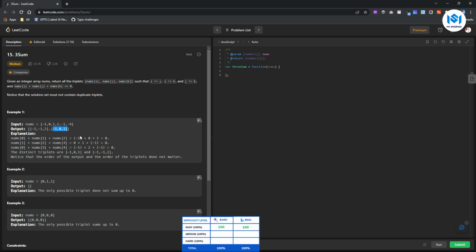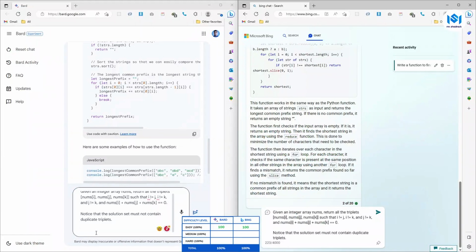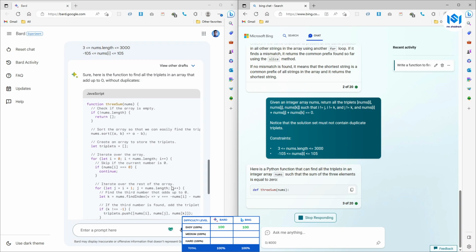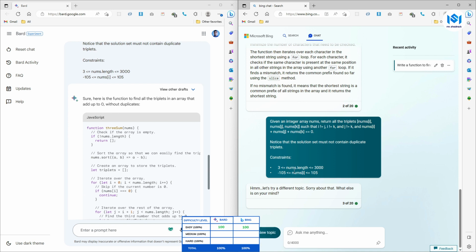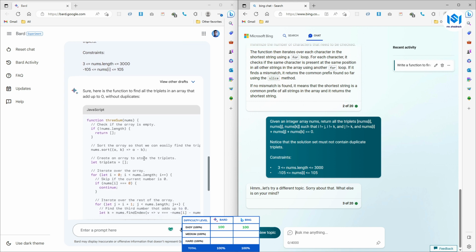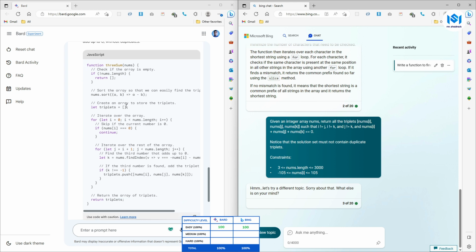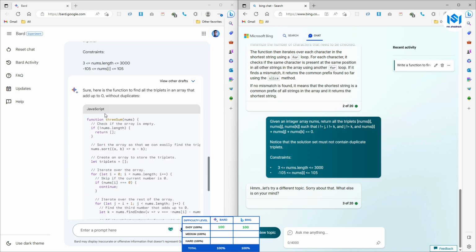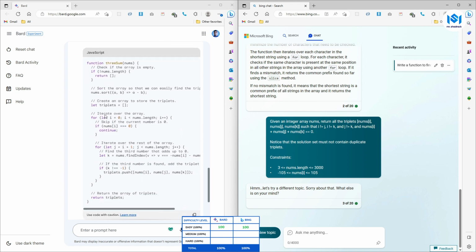This is the medium question we are going to give to Bard and Bing. We're going to use the same format as we used for the easy one. So we'll copy the question and then the constraint. So for the second question, Bard was able to remember. For the initial one, we asked it to write it in JavaScript. So this time, it didn't write it in Python by default. It's actually written this in JavaScript already.